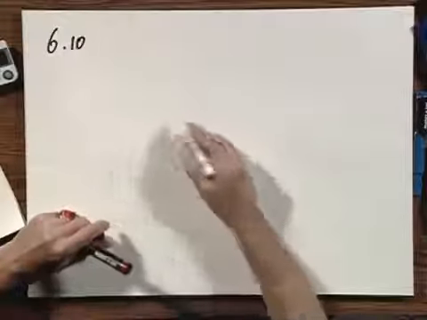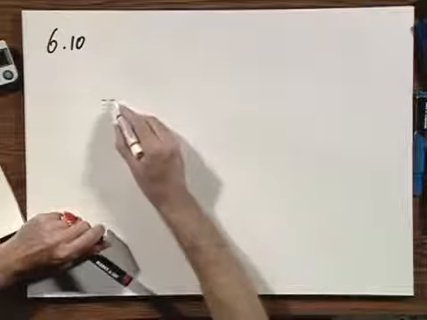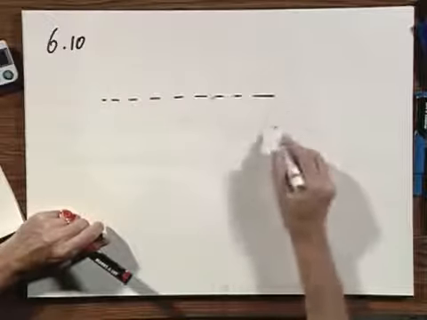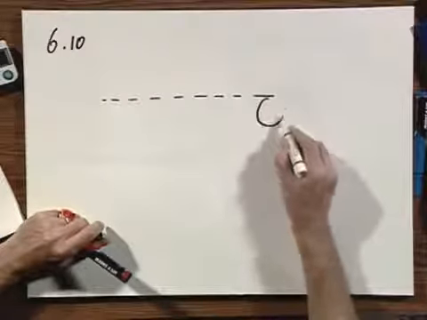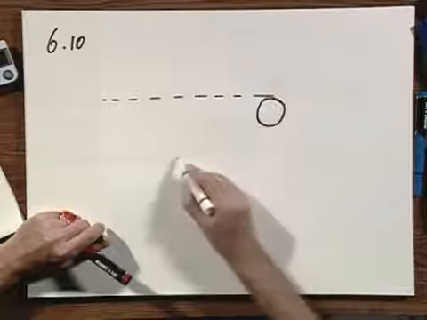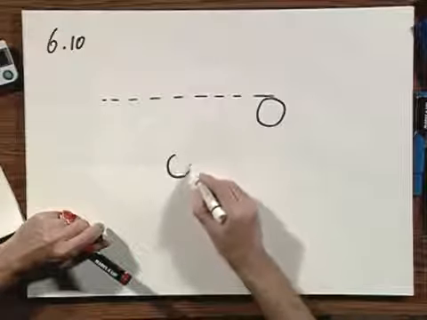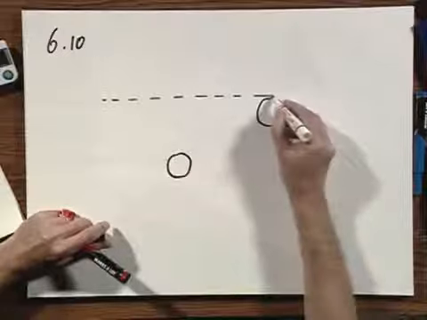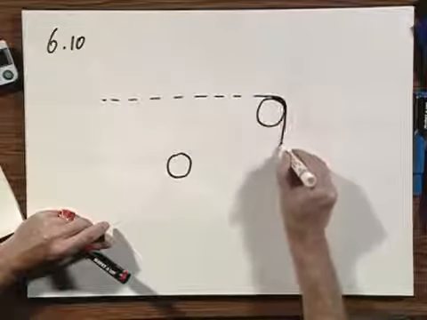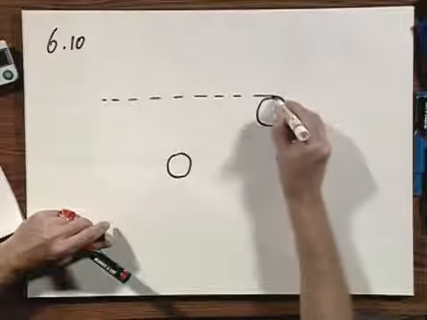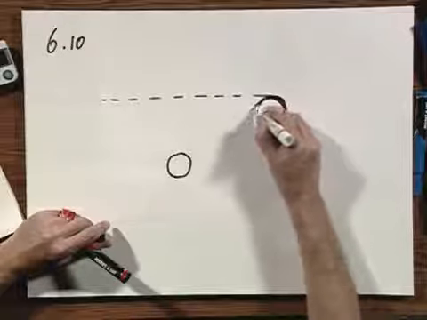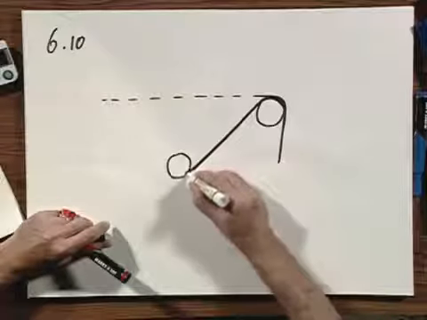Problem 610. Here we have rather unphysical two massless pulleys. This is a pulley which is massless, and here there is a pulley which is massless. And there is a string over the pulley. The string is also massless, goes under here